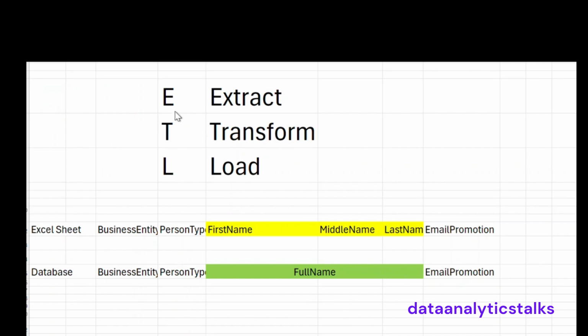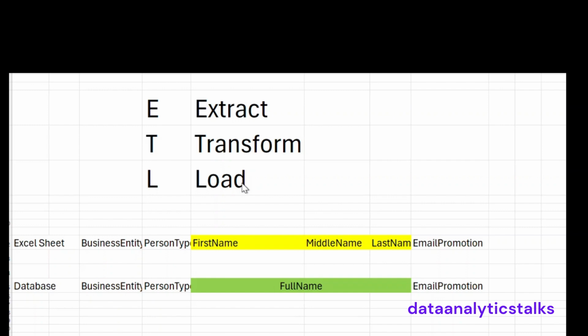So you already know what ETL is. We have the E for extract from sources. Then we have the T for transform. We do a little bit of transformation on the extracted data. And we have L, load. We are loading into an analytical data store. So ETL: extract, transform, load. So in this example,